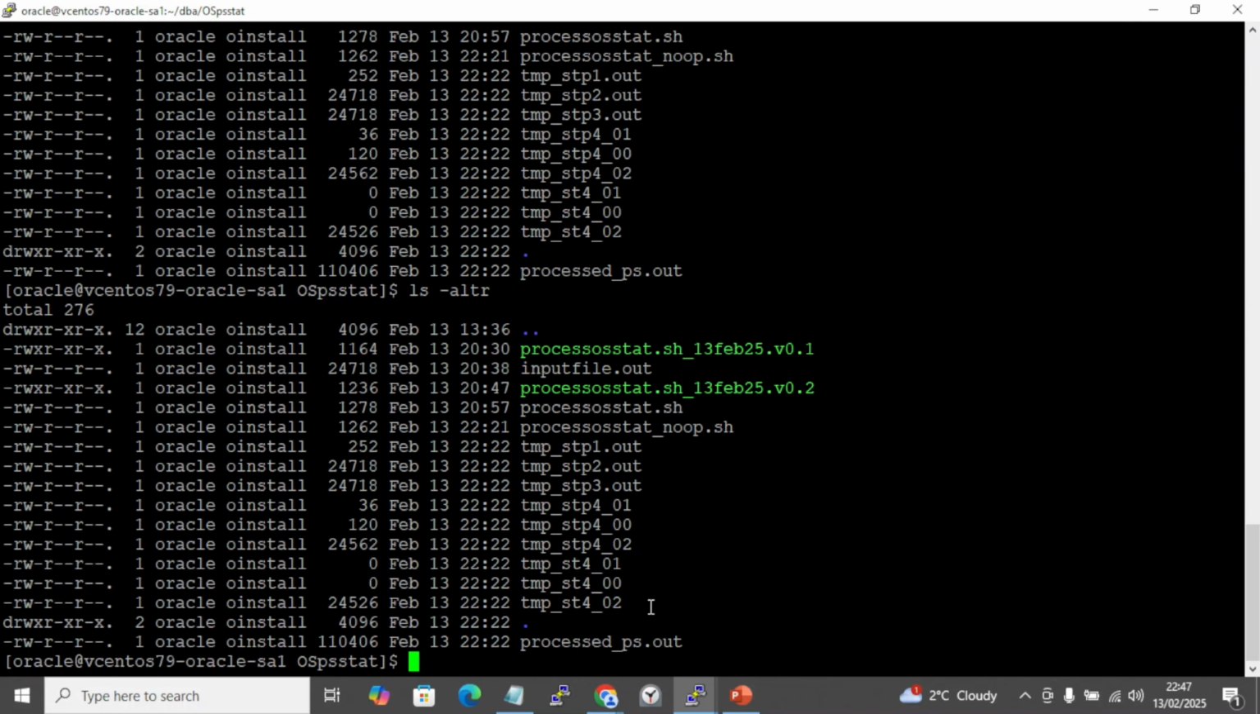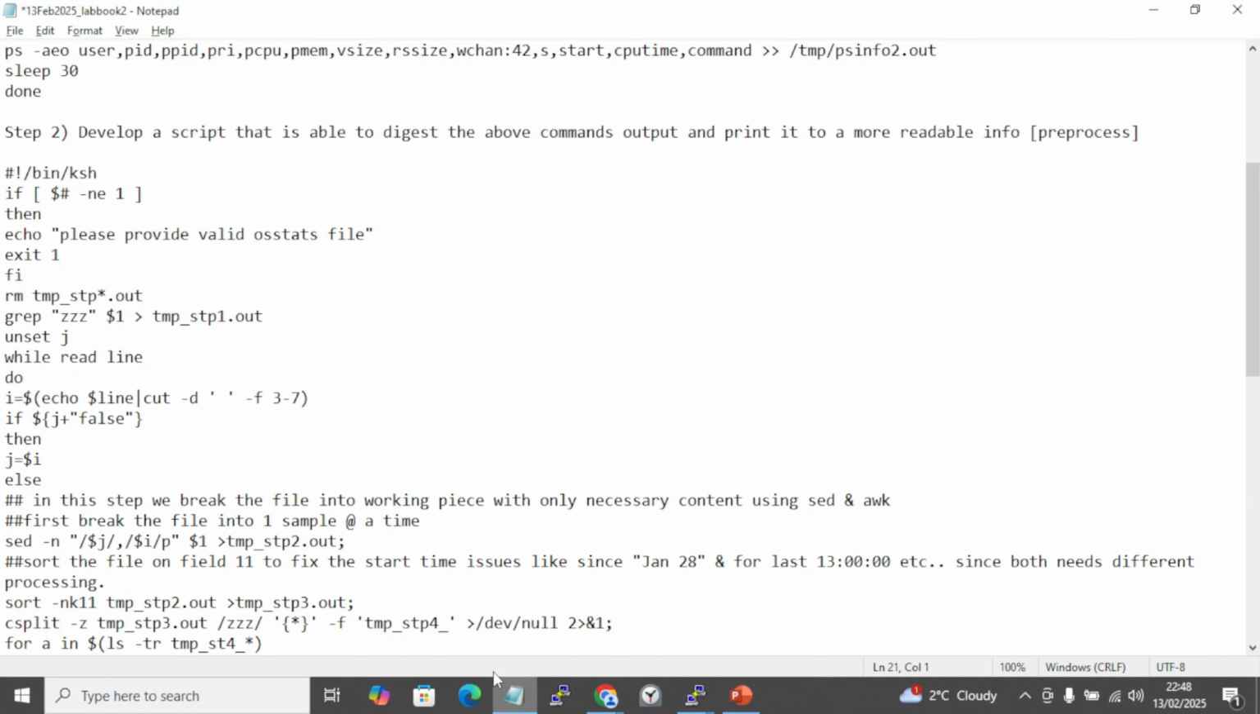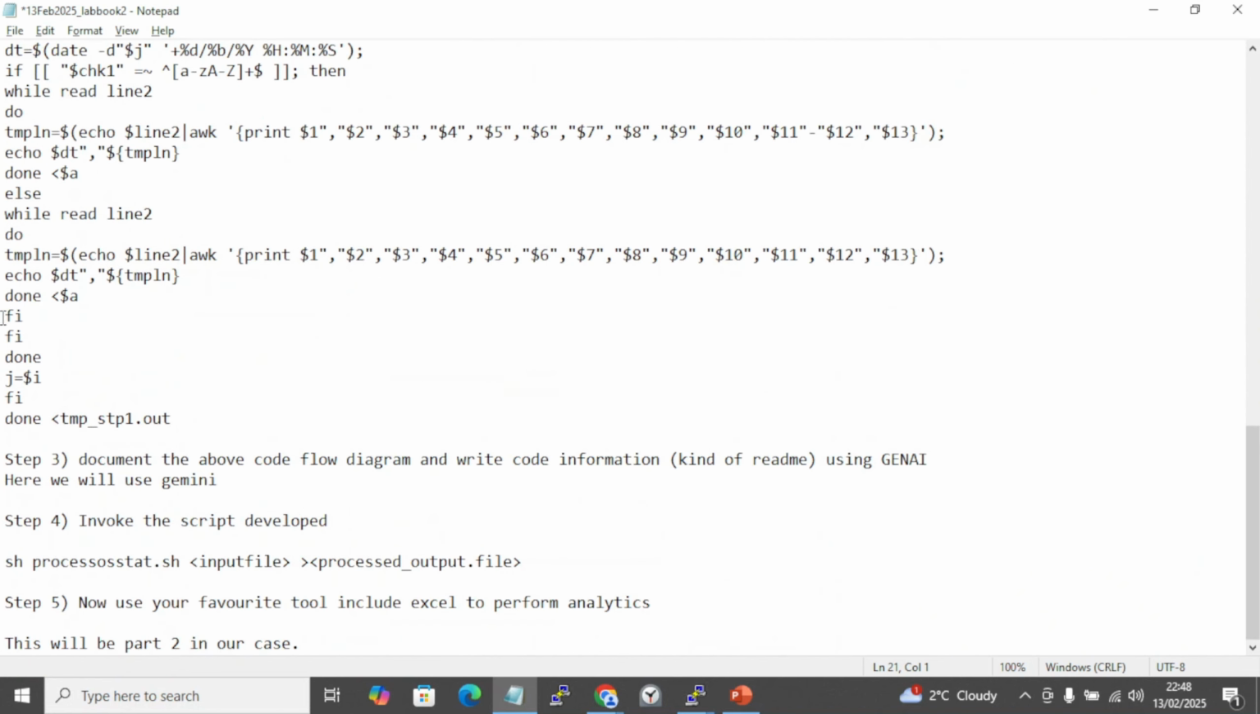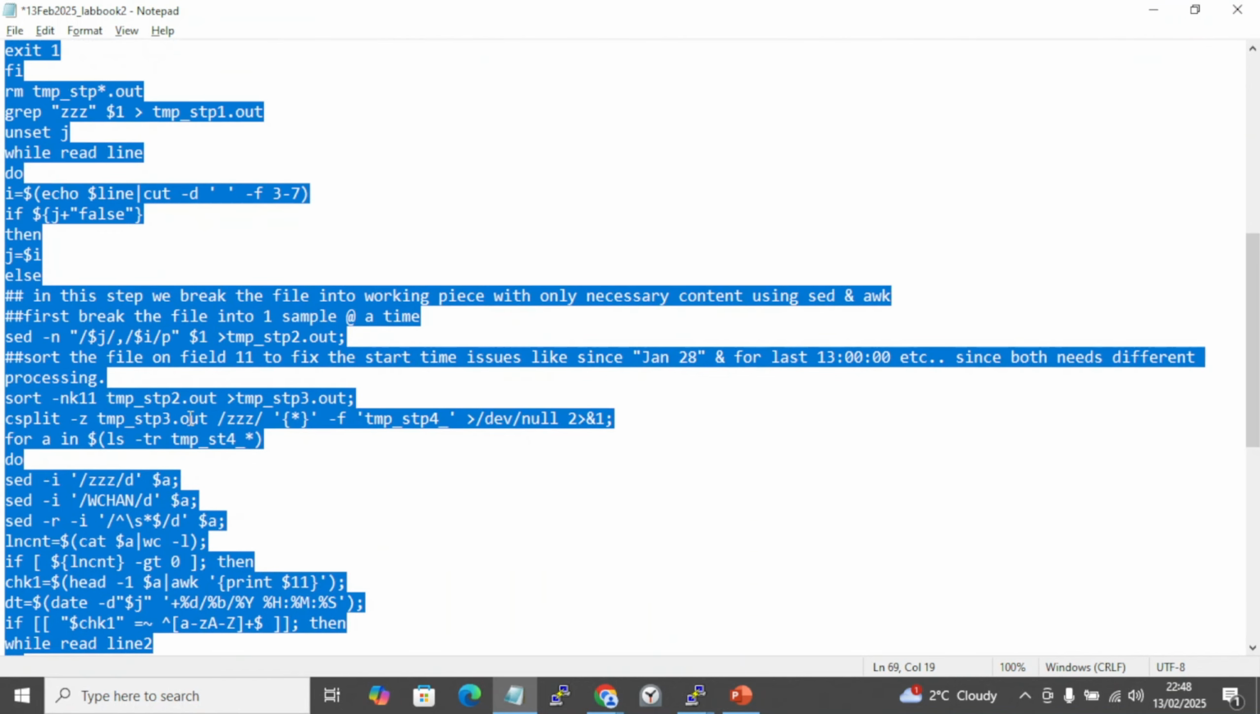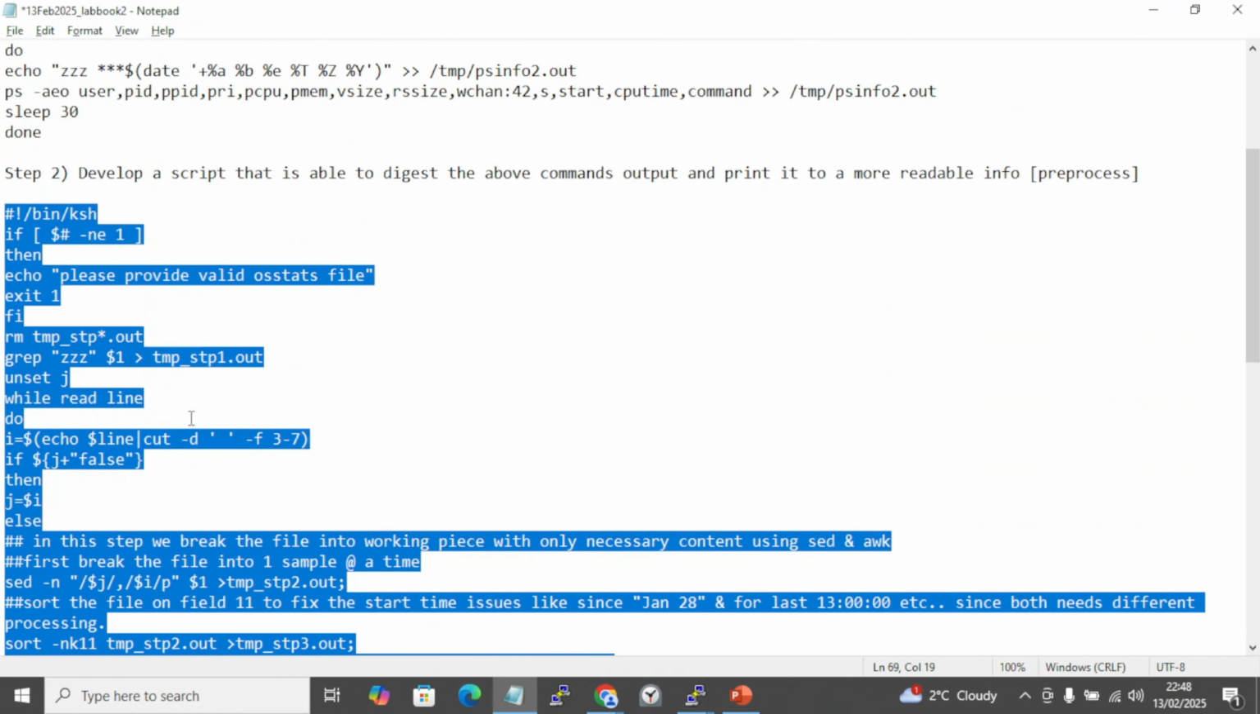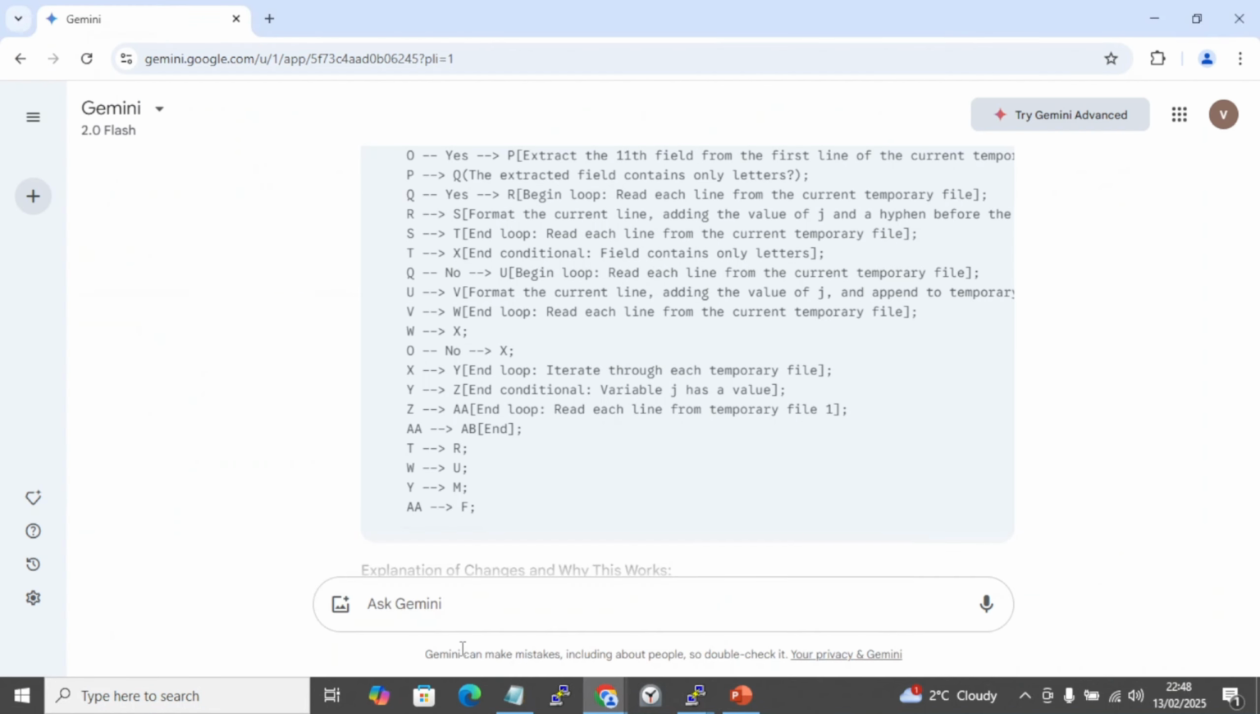Let's do this. So now I'll launch this process os.no output.sh. But before I launch it, I wanted to tell you how this script works. Documenting the code is the next step. So I wanted to document the code. So I'm going to copy this code. I'm going to ask Gemini,